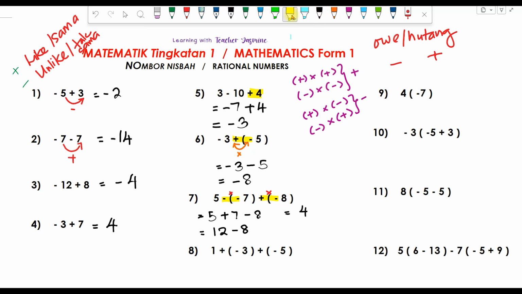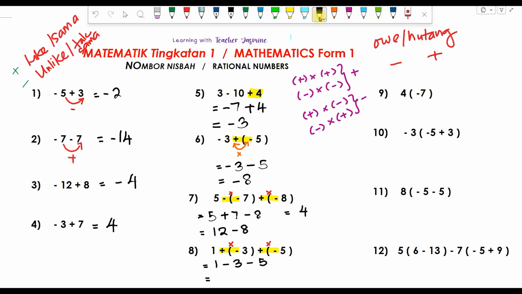Okay, let's look at this one. Bracket, outside and inside the bracket got symbols. So what do we do with the symbols? We have to multiply, kena darab. Okay, so yang lain kita salin balik semula. So start with 1. Okay, then positive times negative gives you a negative. So tolak atau negative. 3 tu tulis balik semula. Okay, again positive times negative gives you a negative. So tolak balik. 5 tu tulis semula. Okay, so now 1 minus 3. 1 ni positive 1. Bermakna dalam poket ada RM1. Okay, you owe somebody 3 ringgit. So you are only able to pay 1 ringgit to that person.